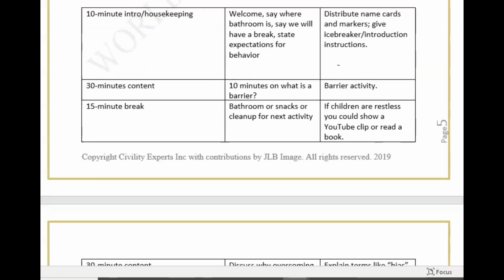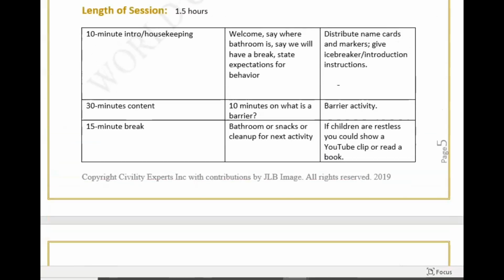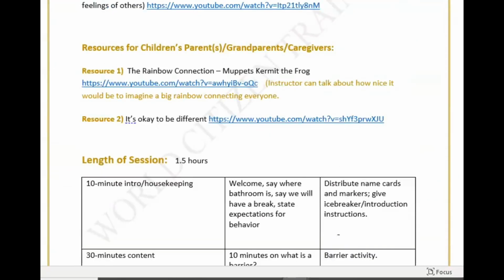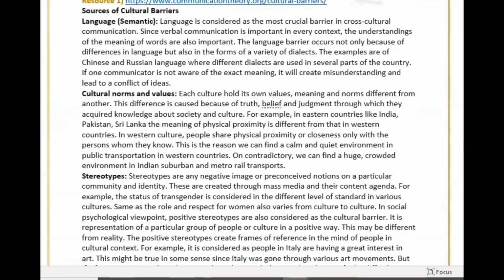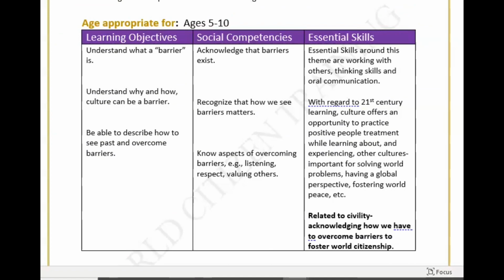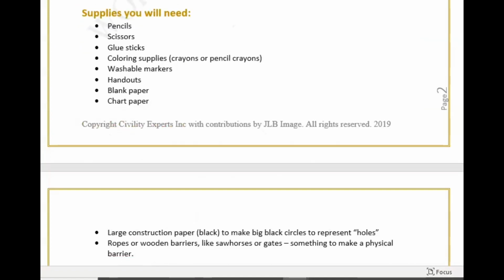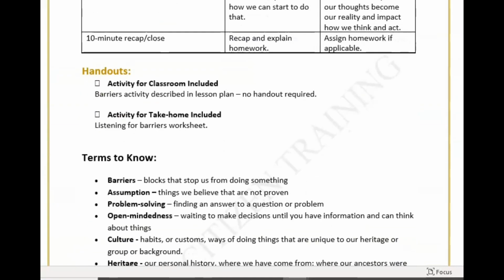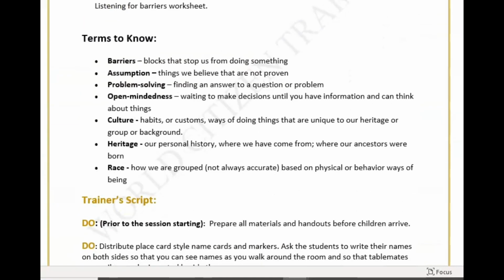So we have our little lesson plan here. We have our objectives, what we're trying to teach here. Let me see where we put those. I must have skipped over them. Yes, here. The culture barriers. So I did mention it. We're going to talk about barriers. So there's our books. Here's our terms to know. Once again, you can use a matching exercise, word puzzles, all kinds of ways to present those terms to know.